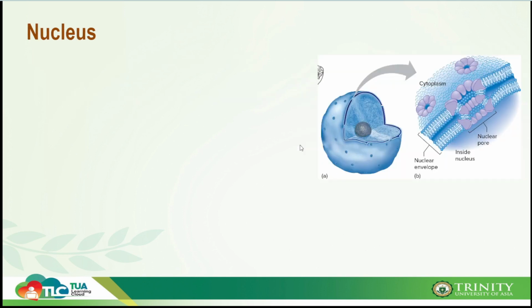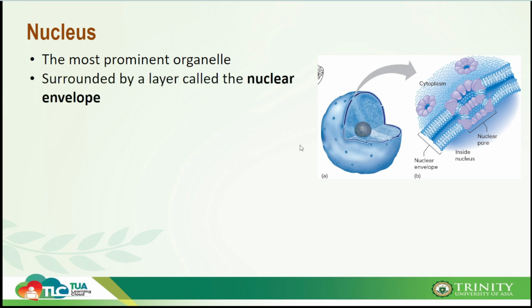Next, we have the nucleus. The nucleus is probably one of the most prominent organelles, meaning if we have a microscope and we look at the cells, let's say in low power objective, the nucleus will probably be one of those organelles that we can easily identify. The nucleus is also covered by a layer similar to the plasma membrane, and we call it the